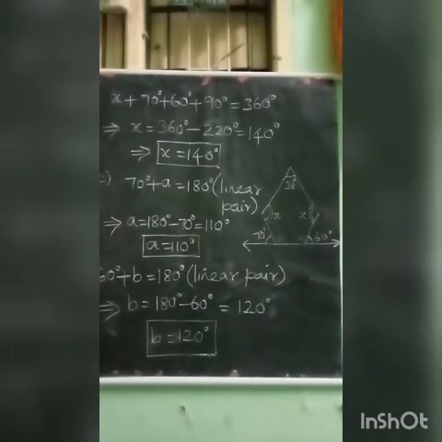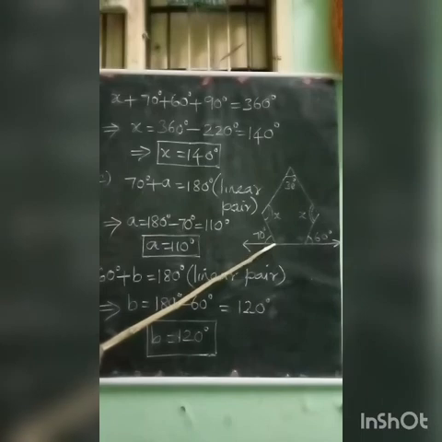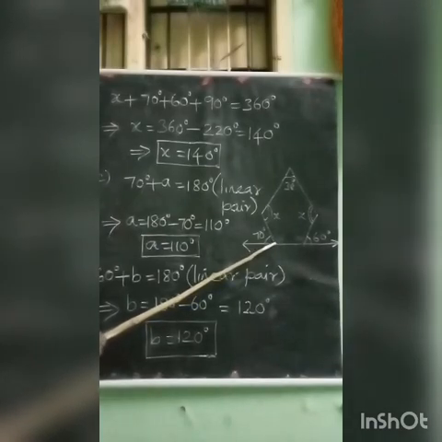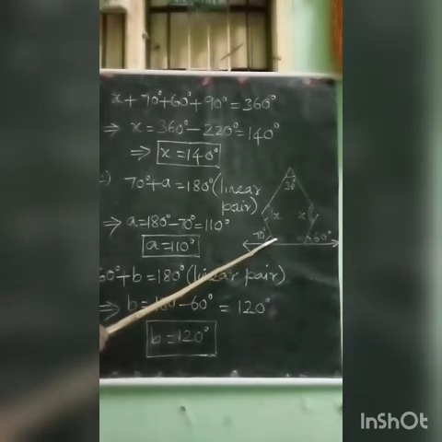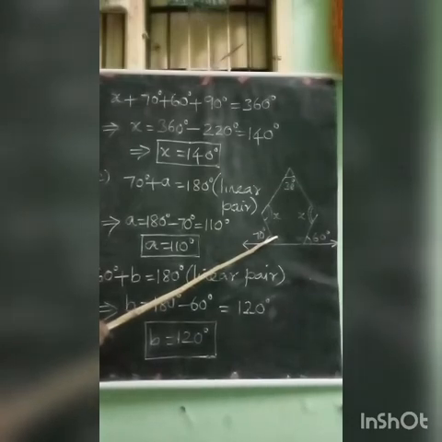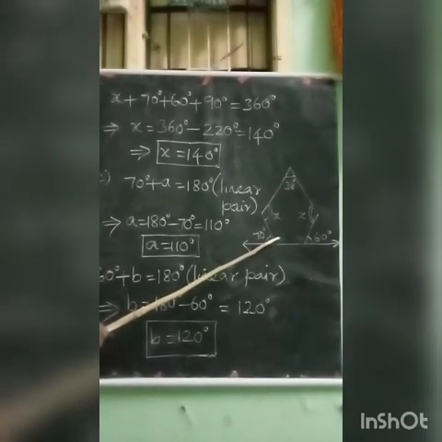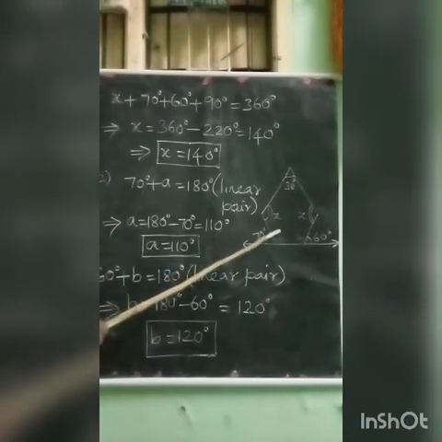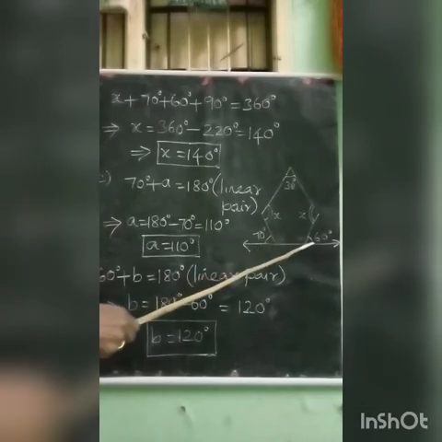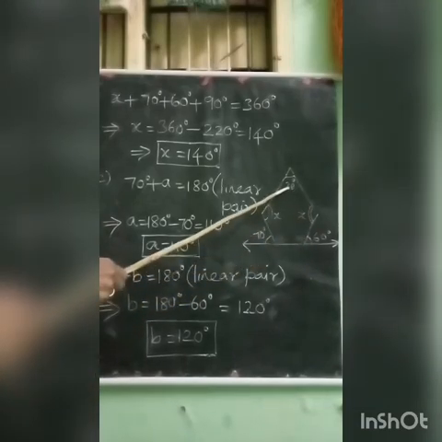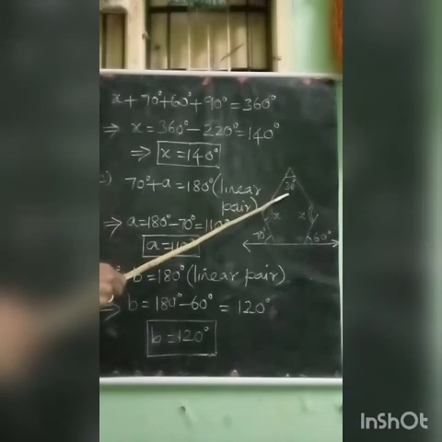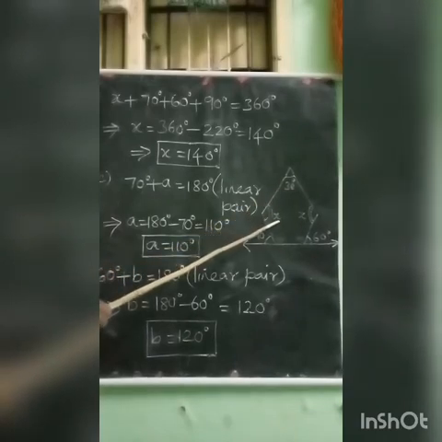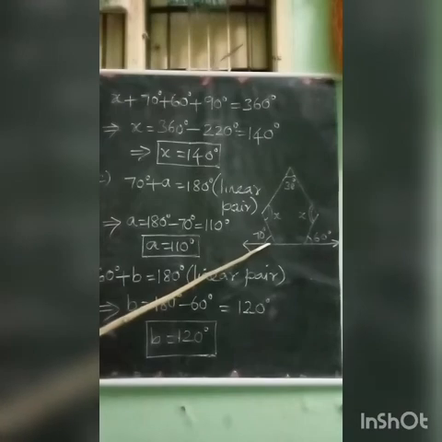Then see the next sum. You see the figure here. This shape has 5 sides, so this shape name is a pentagon. 5-sided figures are called pentagon. In this pentagon, to find the unknown measure x, the given measures are 2 exterior angles and 1 interior angle. From these measures, we find the x value.